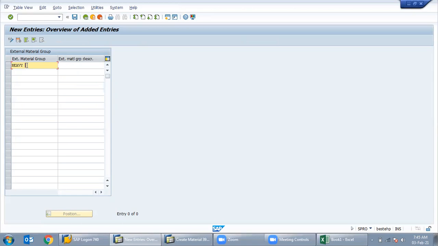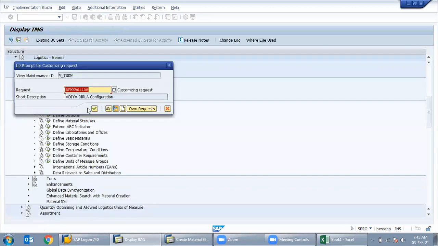Like I am creating heavy duty. You can create a new one also, other than those four. Yes, I am creating a new one, heavy duty.